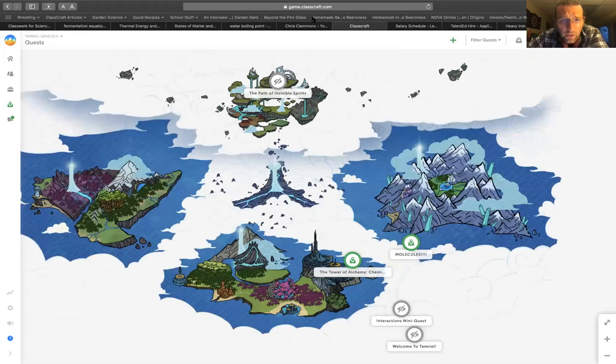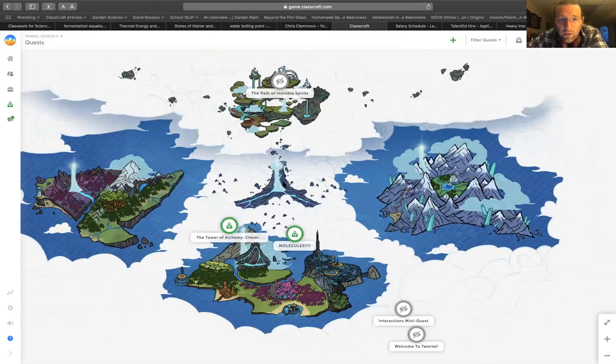And I want to mention these quests here that you see on the screen now, they won't be here on Monday. So these are going to be gone. And you are going to see one brand new quest right here on the central island. And this is going to get you ready for what we're doing in May. So these quests right here won't be here. You'll have a new one.